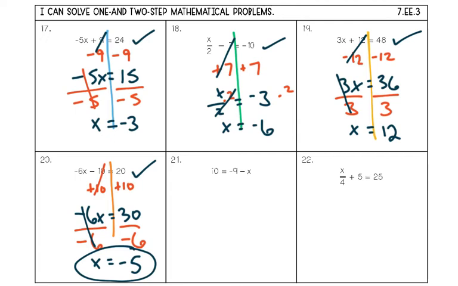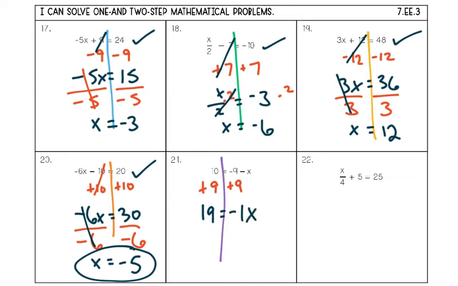On number 21, I see an equation, so I'm going to start by drawing my line down the equals. I look for my x, and I see a few operations being done, first of which is the -9. I need to get rid of that -9 so I can get x by itself. The way to get rid of a -9 is with a +9. If I do it to one side, I have to do it to the other side. So I have 19 equals, and pay attention to this,